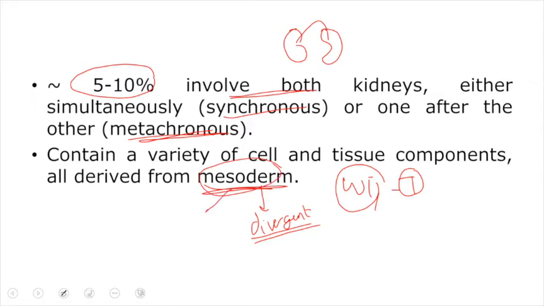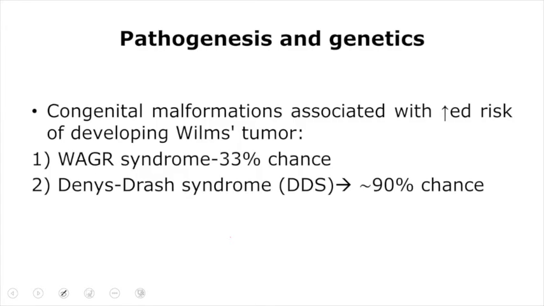As I've already said, we can see three basic types of component, and that will be seen in the histology later on in this video as well. So let us discuss the pathogenesis of Wilms tumor. As I said, it consists of the WT1 gene and the WT2 gene. Both genes are located on chromosome number 11, especially the short arm, but the loci or locations of these genes are different on the same chromosome, right? And because of this, we associate these genes separately.